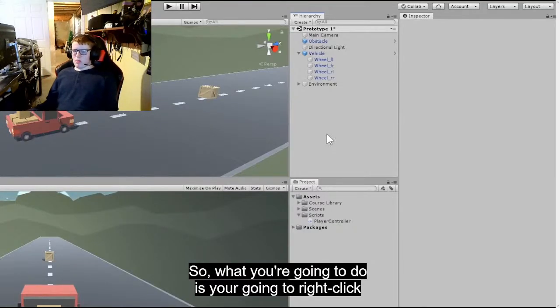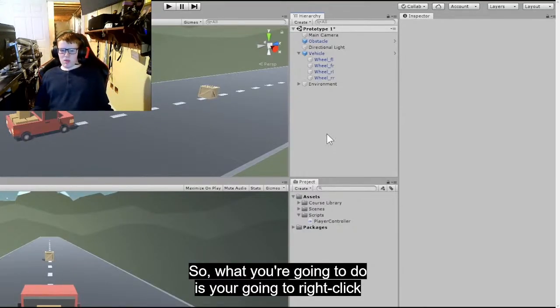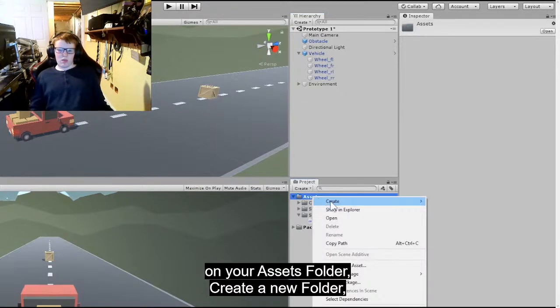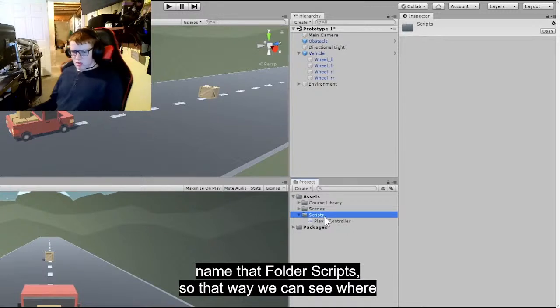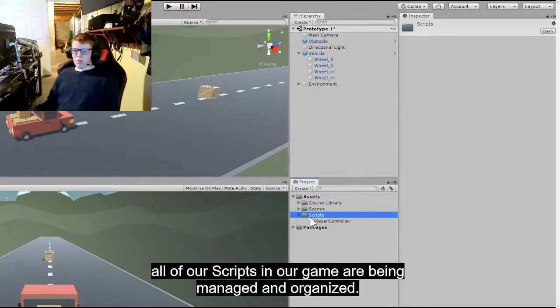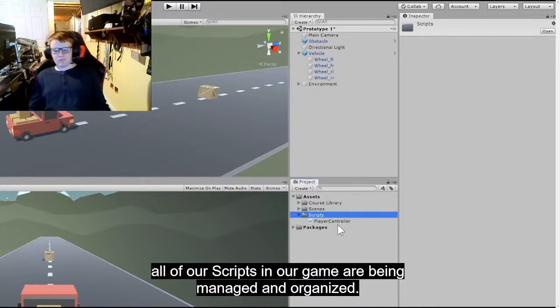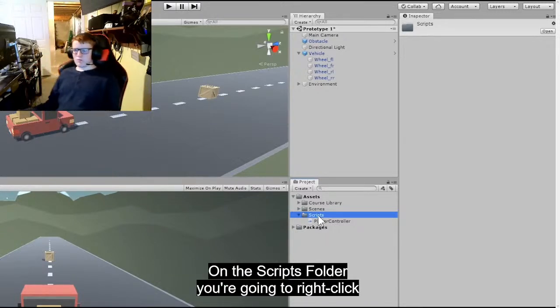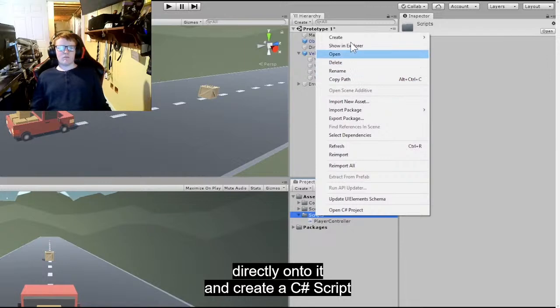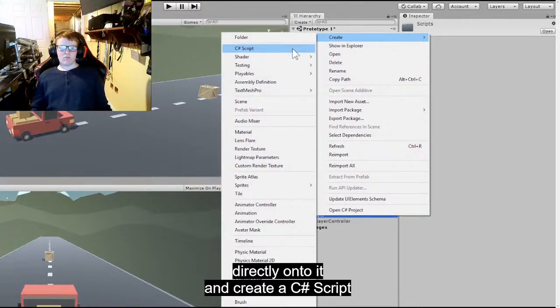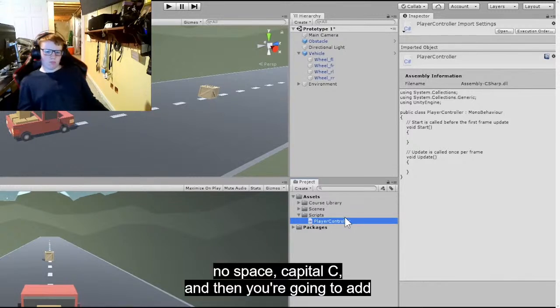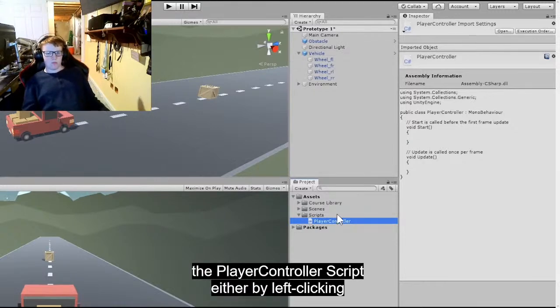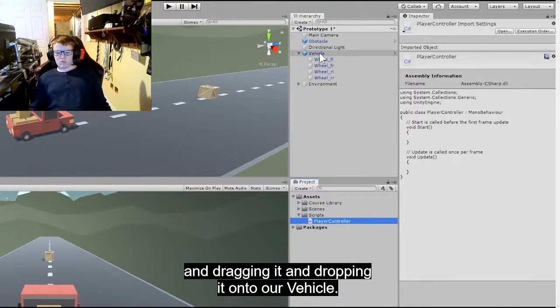So what you're going to do is you're going to right click on your assets folder, create a new folder, name that folder scripts, so that way we can see where all of our scripts in our game are being managed and organized. On the scripts folder, you're going to right click directly onto it and create a C# script, which you will name PlayerController, capital P, no space, capital C, and then you're going to add the PlayerController script either by left clicking and dragging it and dropping it onto our vehicle,